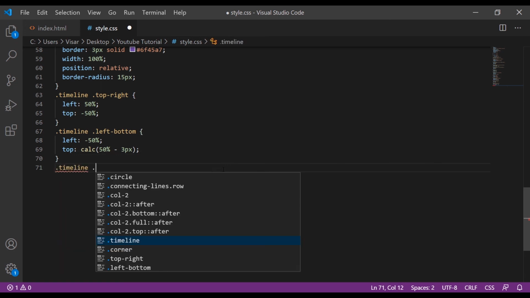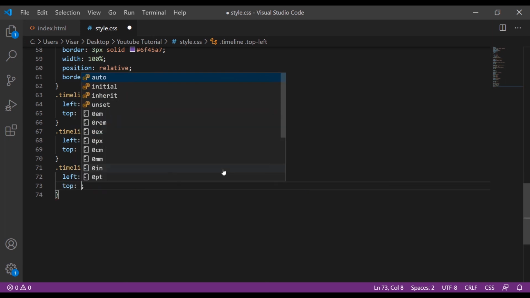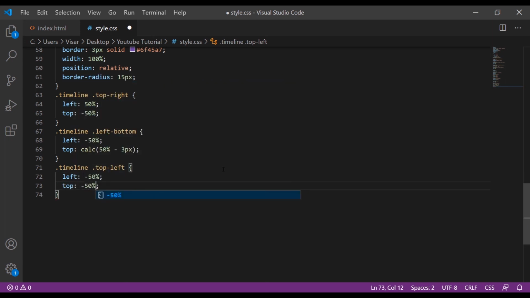Timeline top left, left -50% and top will be -50% as well, and the very last one will be timeline right bottom.